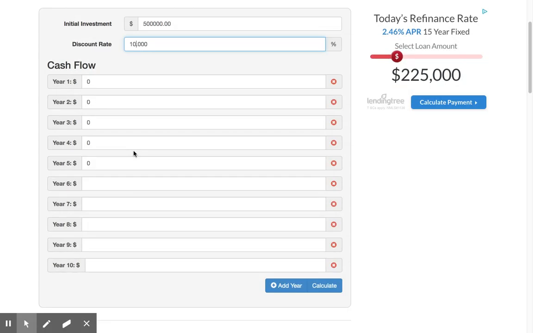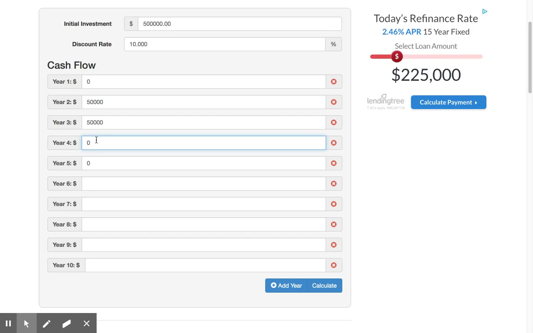And the cash flow situation from this business will be zero the first year, 50,000 the second year,